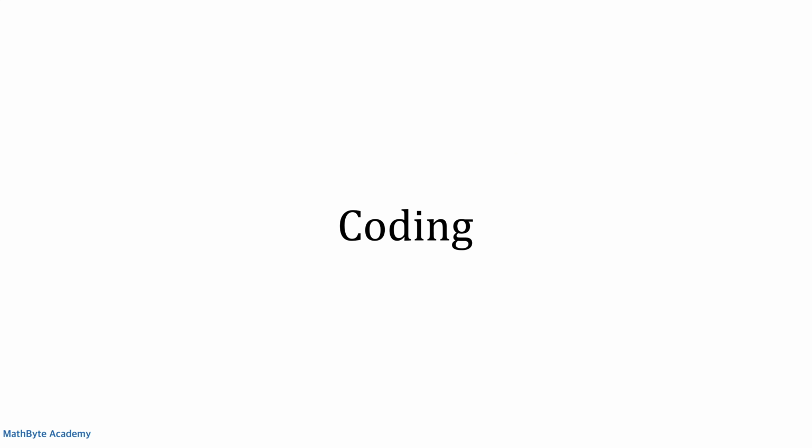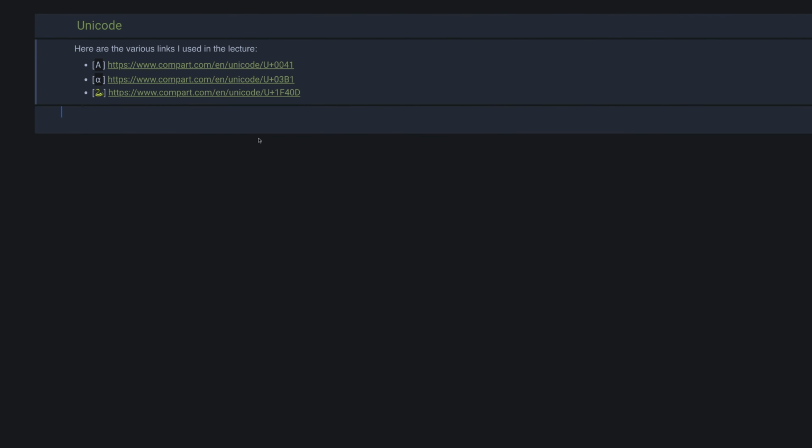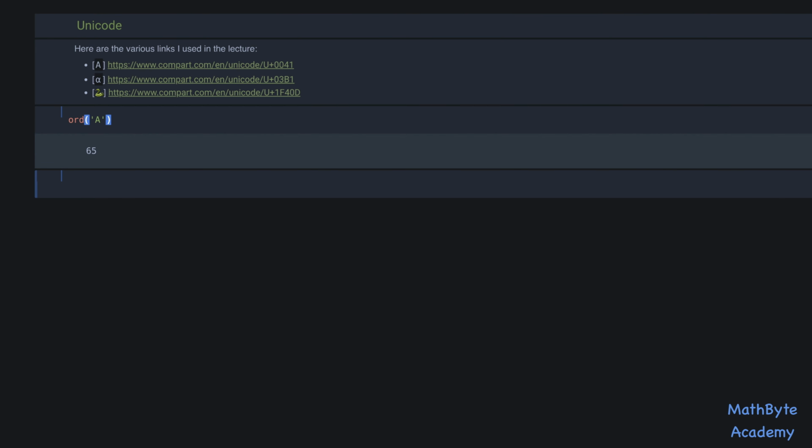All right, so let's switch to some code and let's try this out. So this is a list of the various links that I used in the lecture. It's in the notebook, which is of course downloadable with your course materials. So let's start by looking at the ord function. We can get the Unicode code point of any character using the ord function. So for example, if we want to find the code point for A, we just have to pass in the single character A. And so we get 65 back,